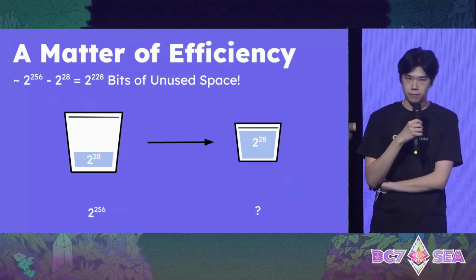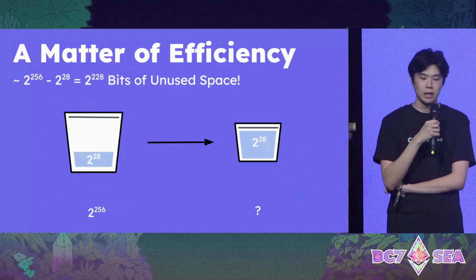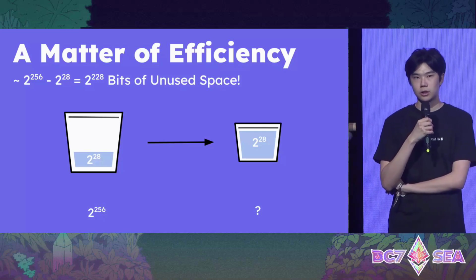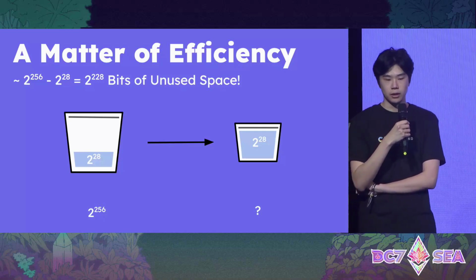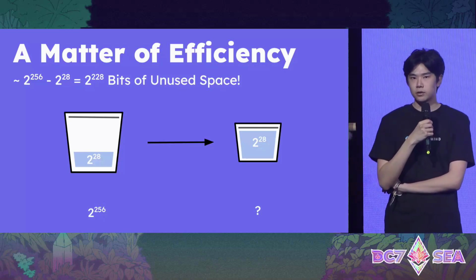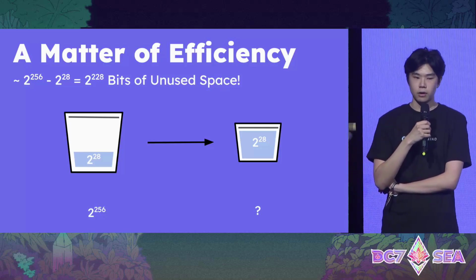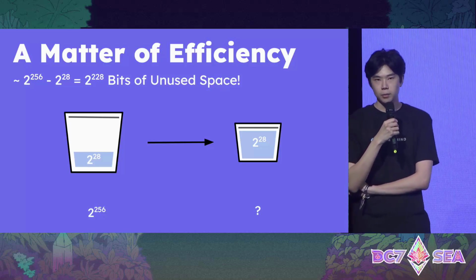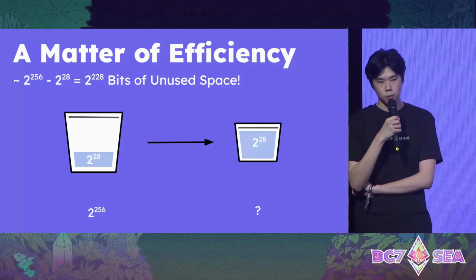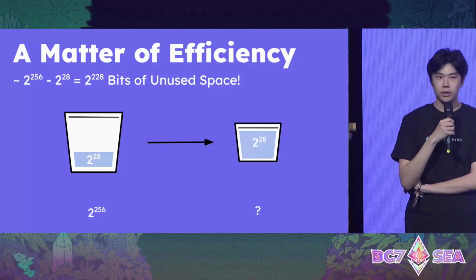So let's talk about a matter of efficiency. For ZK-SNARKs, we use field sizes that are really large. These are 2 to the power of 256, and they use it because the elliptic curves that they use underneath require this for the actual security. Whereas for STARKs, we don't really need all of this space because we are not actually using elliptic curves. We're instead working over just the field itself. And the computation size that we're usually using in production is around 2 to the power of 28. So we have exactly 2 to the power of 228, as the upper bound,